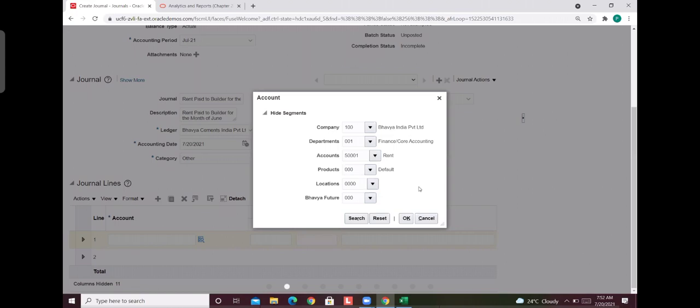The user will understand what combination should be entered, what department should be entered. They will know that, but they want to know how to enter just a journal. The journal window is the same in all ERPs, in Tally also.